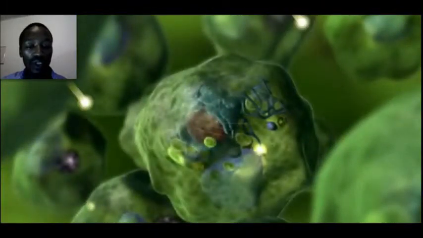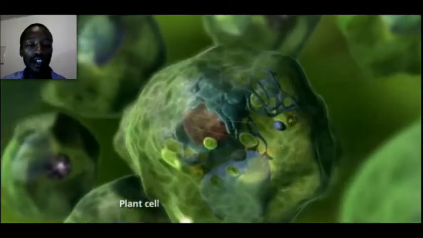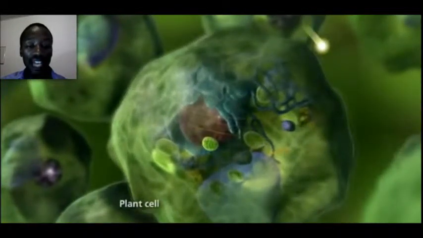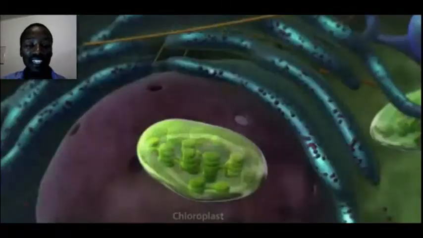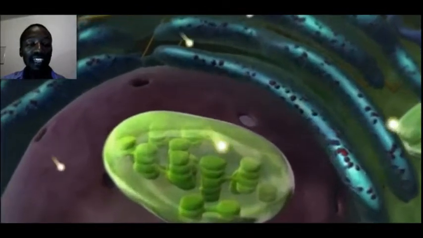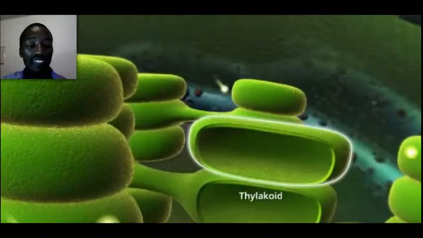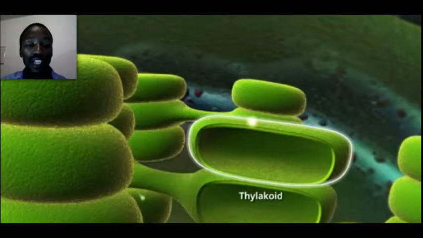Photosynthesizing organisms, which are also known as autotrophs, engage in this chemical reaction called photosynthesis, which occurs within a plant cell. These plant cells are specialized structures that contain the chloroplast. For the light-dependent reaction and the Calvin cycle, within the chloroplast are small disc-like structures called the thylakoids, which are surrounded by